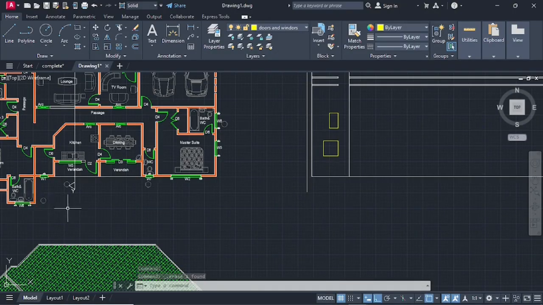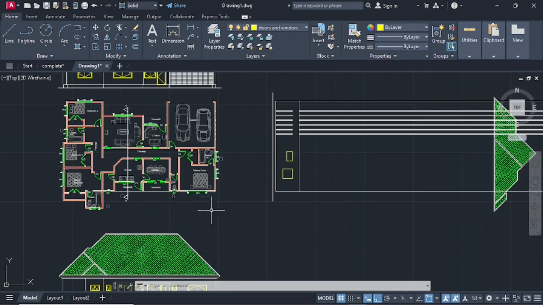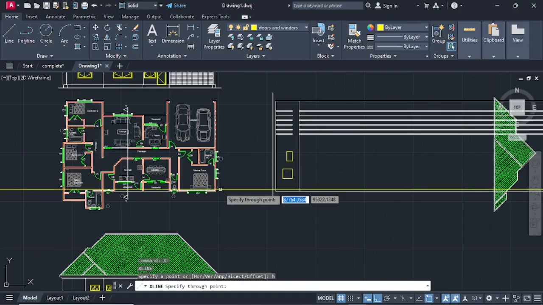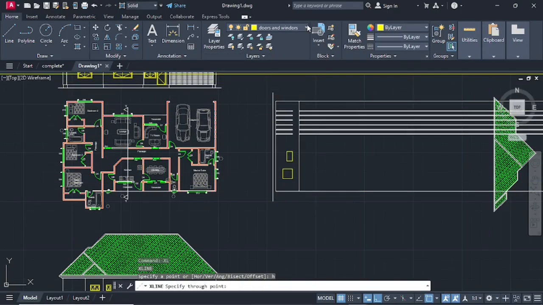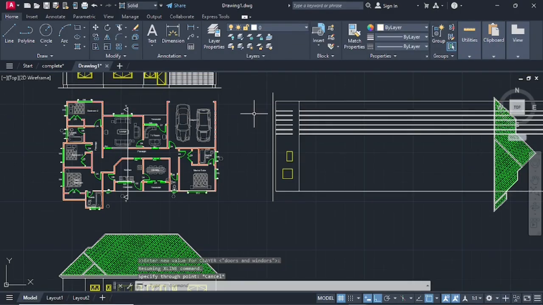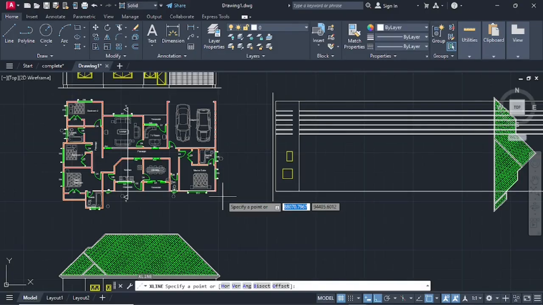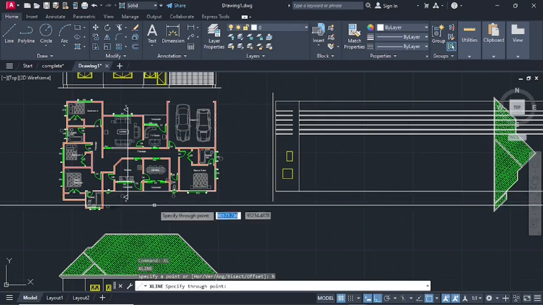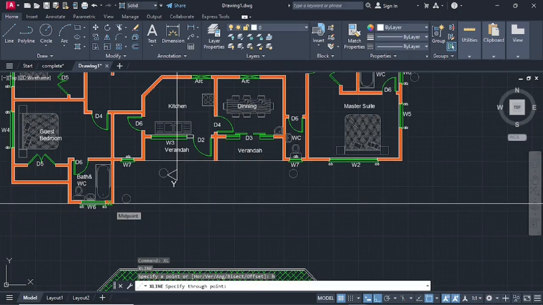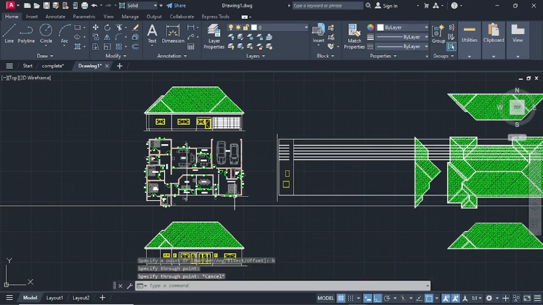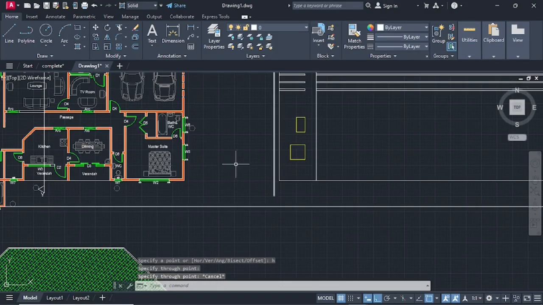Here we have this line over here. We almost forgot this line. So type XL, press enter, then H for horizontal, press enter. Let's change the color. Then let's type XL, enter, then type H for horizontal, press enter, then select this like that, go on escape, go on line,